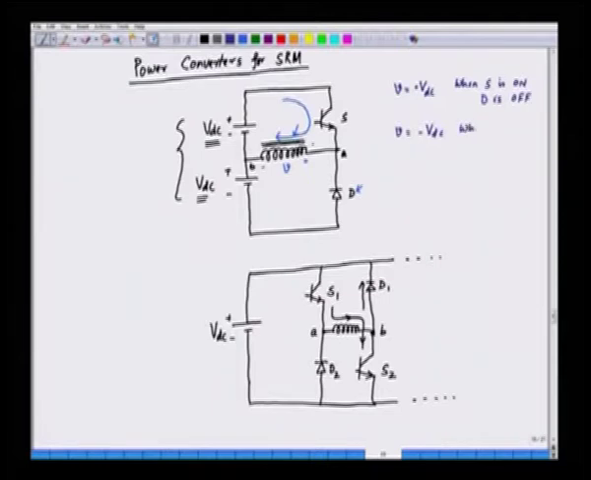So, what we do here is that V is equal to minus VDC when S is off, and it means D is on. So, it means when we want to apply a negative voltage, we switch off S, and when we switch off S, what happens? This current will vanish,